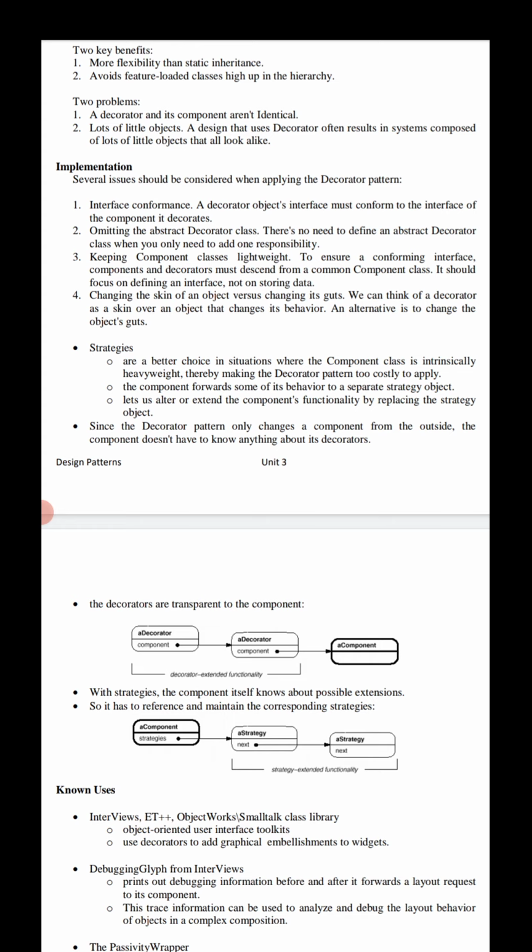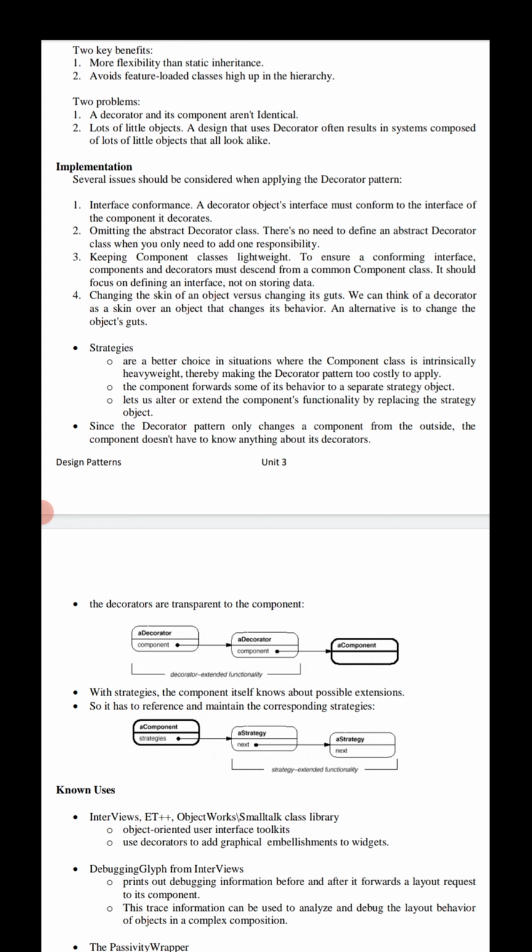So where the component class is intrinsically very heavyweight, we should choose strategies. The component forwards some of its behavior to a strategy object, so we can extend the component's functionality by replacing the strategy object.